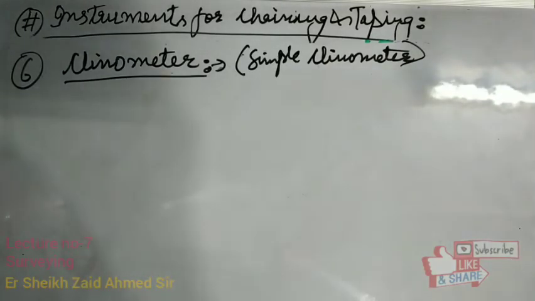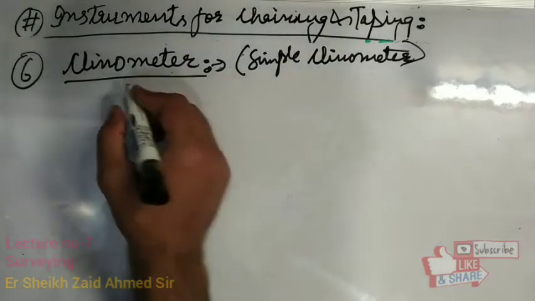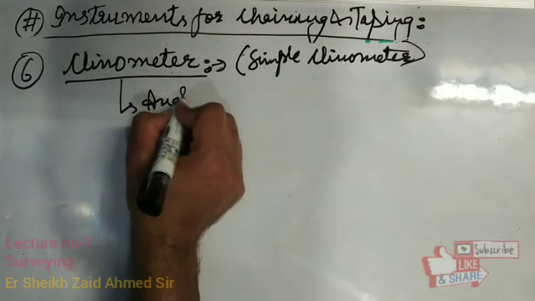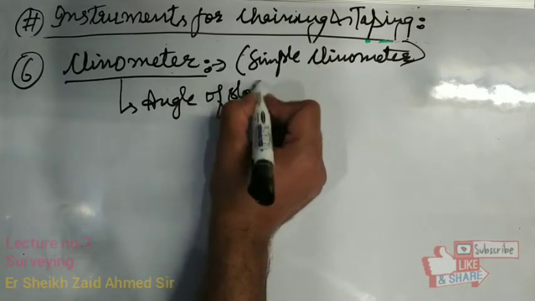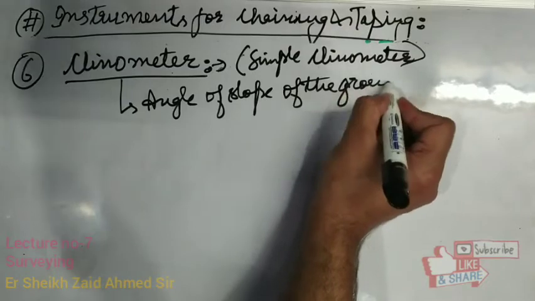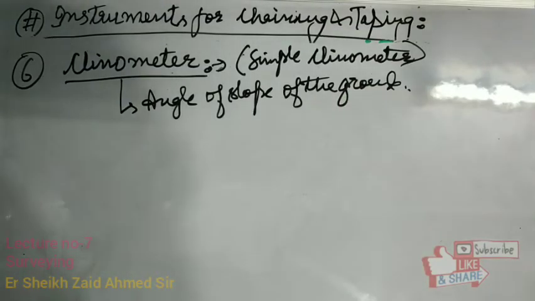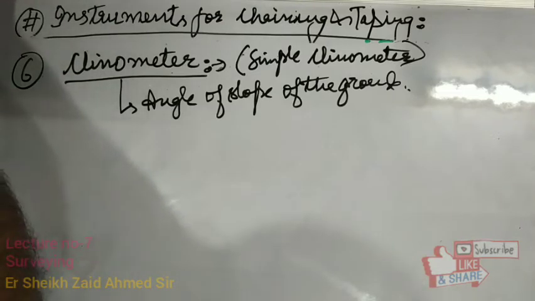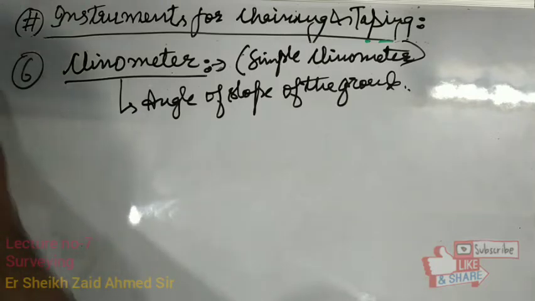So first of all, we now know what a clinometer is. It is an instrument used for measuring the angle of slope of the ground. It consists of a graduated semicircle resembling a protractor. It has a pinhole as the eye vane. The object vane has crosshairs. A light plumb on a long cord is suspended from the center of the semicircle.